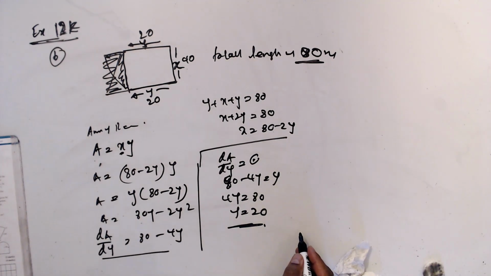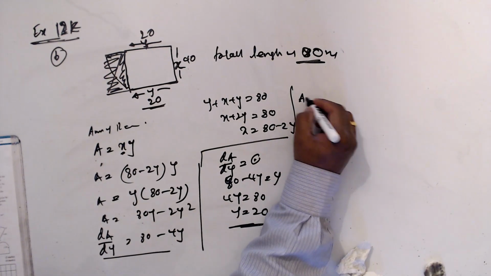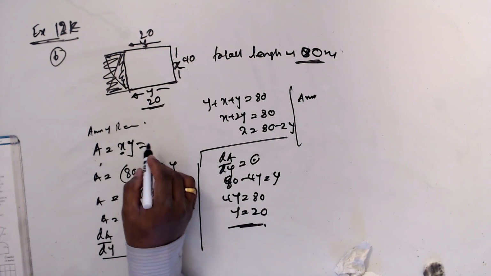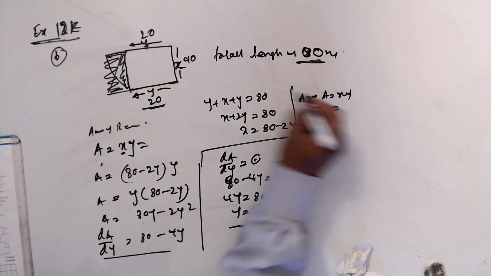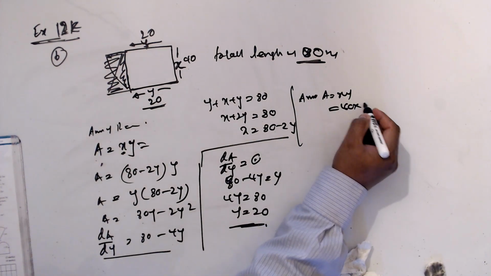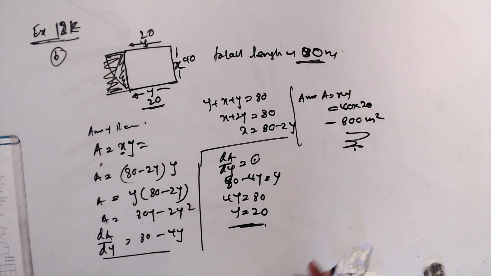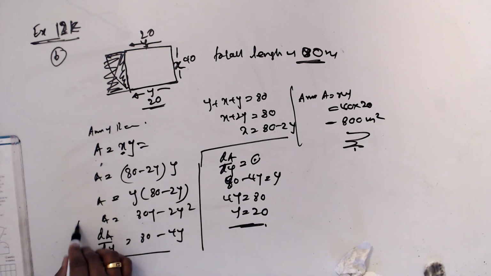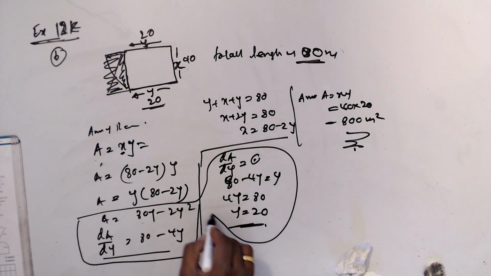So find the dimensions of the enclosed garden area, and the area which is enclosed. So those are the length and the width, and the area is xy. What is xy? Area A is xy. x is 40, y is 20, 40 times 20 is 800 square meters. Only this part is the differentiation part. Apart from that, the others are